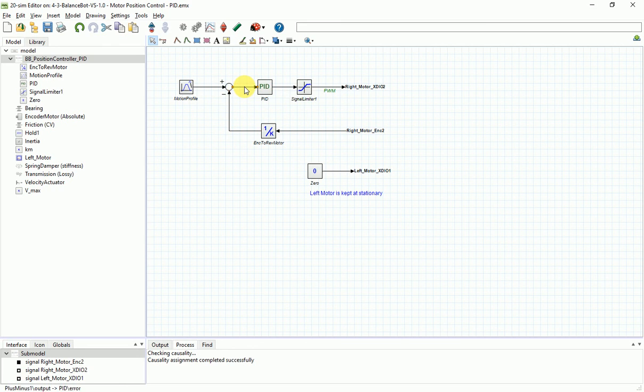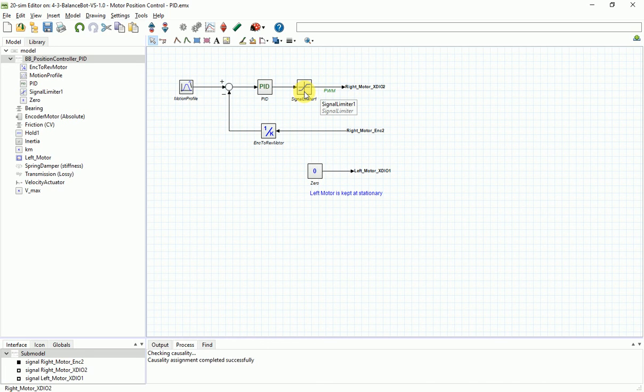The output of this plus minus block is treated as an error and given to a PID controller. According to the error, the PID controller will adjust the output of the DC motor and will try to match the motion profile. The output of this PID controller is given to the right motor pin.